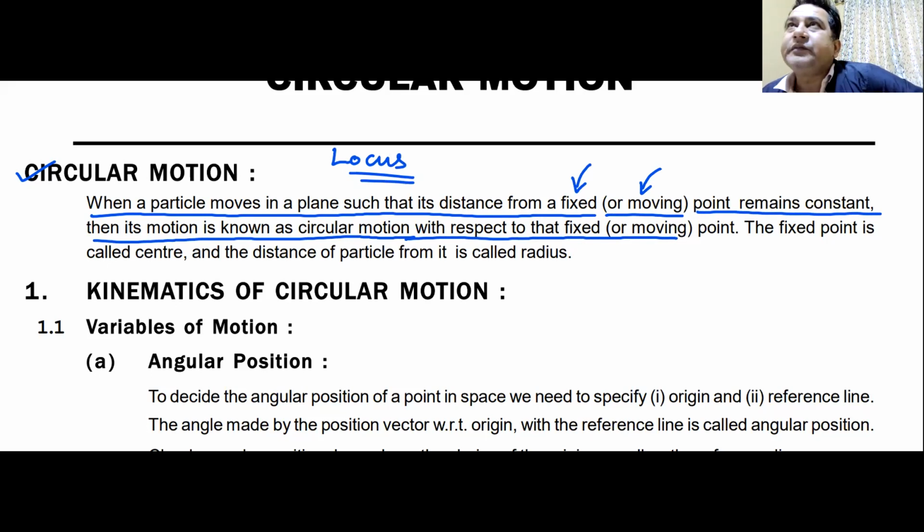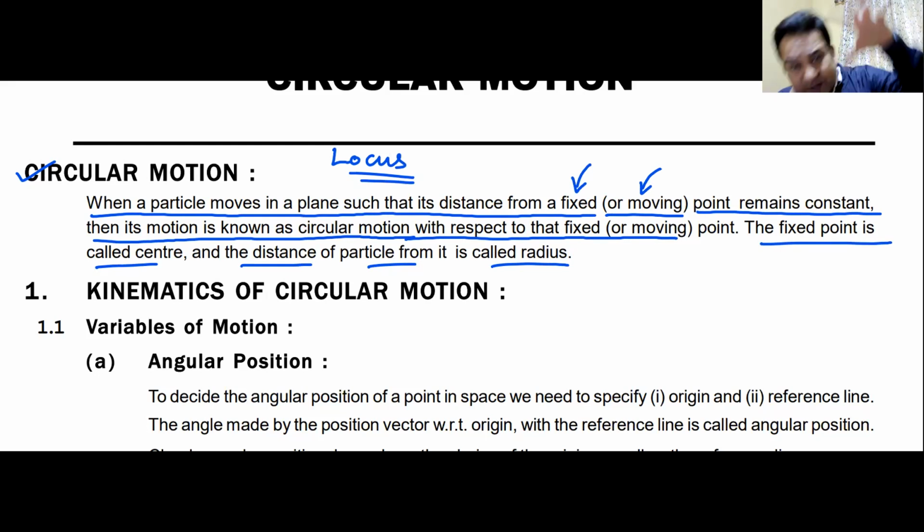These are important terms that make us understand what that motion is. That fixed point is known as the center, and the fixed distance of the particle from that point is known as the radius. Now everyone understands that the center of the circle is fixed. Everyone thinks of it that way, that if it is circular motion, the center is fixed. But